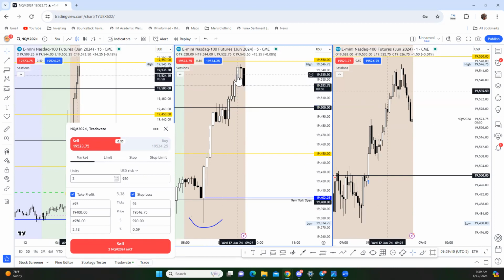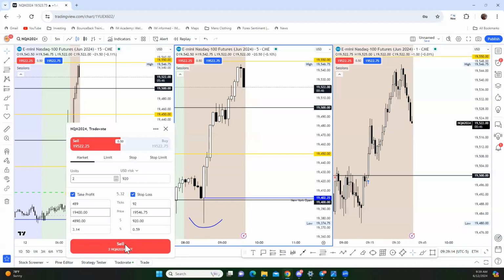So you want to know the open. The open is 528. If you can get 530s, that'd be even better. Not gonna chase it though here. I want it to pull back up in my favor, but you got to take action when it pulls back into the 19,530s for sure here.